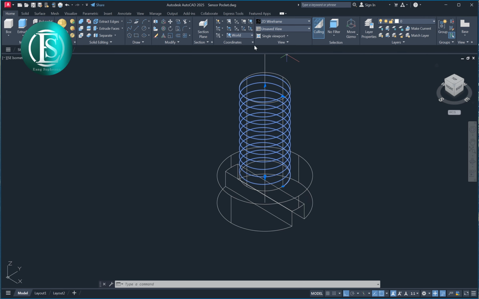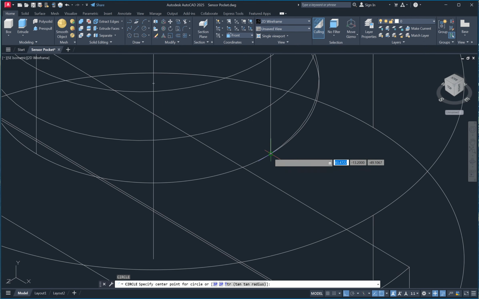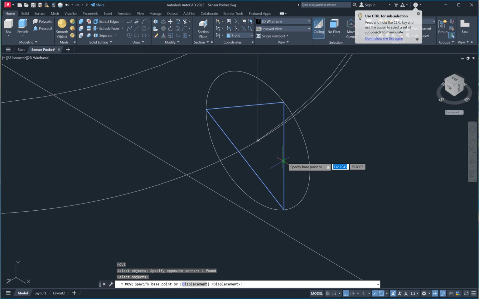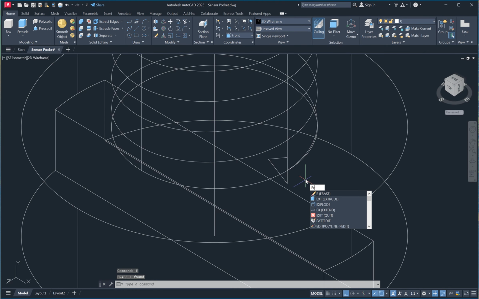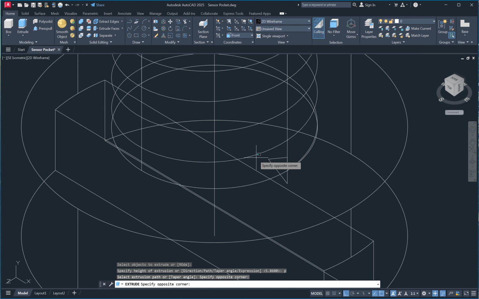Next we go to front, create a circle, diameter 0.5, enter, create a polygon, POL enter, number of sides 3, specify center point of polygon, click here, inscribe it in circle, like this, move, enter, select polygon, go to here, and erase circle, enter, and then extrude, EXT enter, P enter, path, select path here.